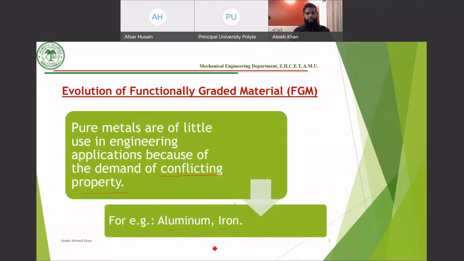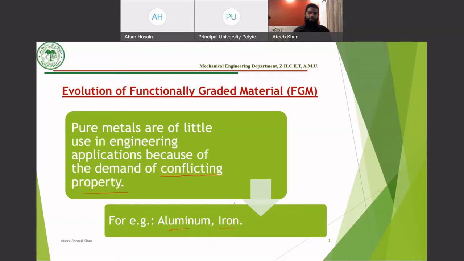aluminium and iron. Now, aluminium, as you know, is a very lightweight metal, but the strength of aluminium is also low. So wherever the application asks for a low weight and high strength material, we cannot use aluminium. On the other hand, iron has a great strength, but the weight of iron is also very high. Now, just to make you understand better,